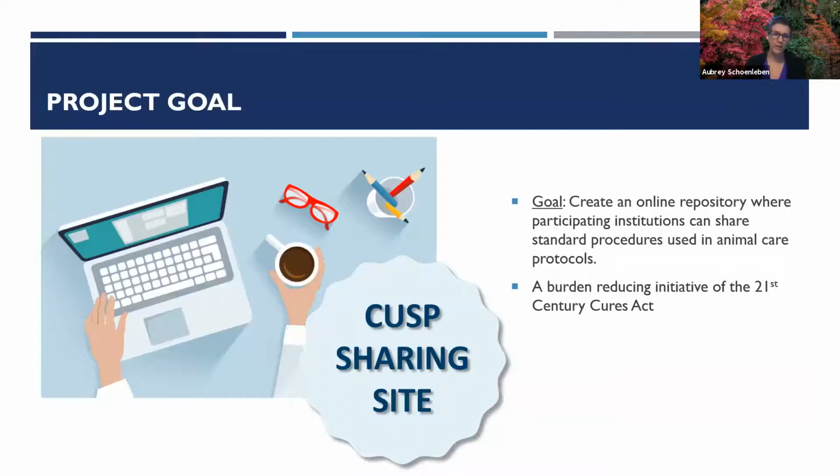So the goal of this project, as Axel alluded to earlier in the session, is really just to create an online venue or repository where participating institutions can share standard procedures that are used in animal care protocols. And our main goal or benefit that we see from this is reducing burden, both for researchers, IACUC support staff,